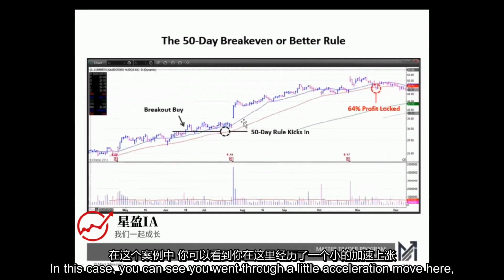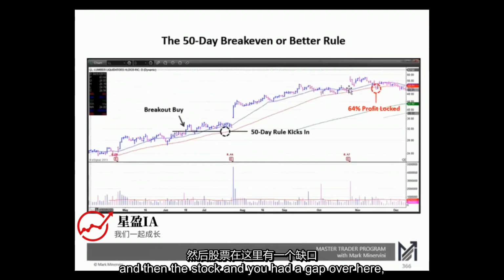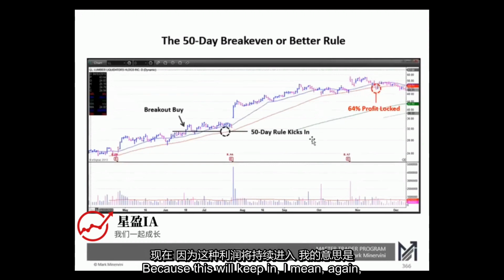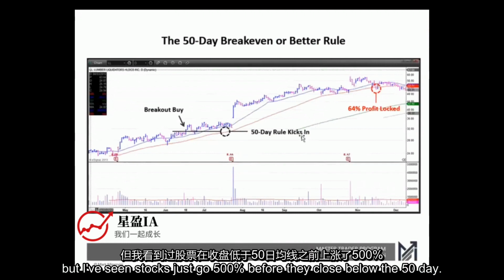And in this case, you can see you went through a little acceleration move here, and then the stock had a gap over here, and then finally it closed below it, and you nail in a 64% profit. Now, because this will keep you in, again, this is not a huge profit, but I've seen stocks go 500% before they close below